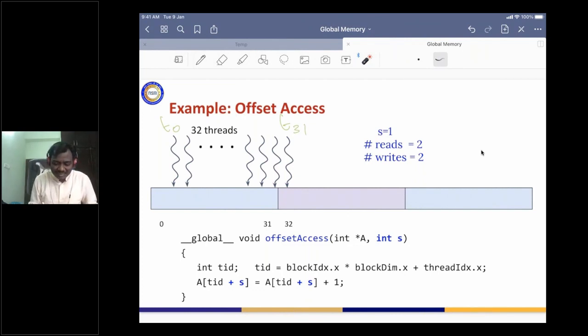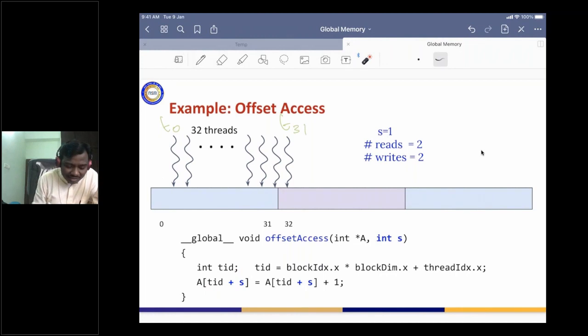Because s is equal to 1, T0 is not going to read from here. The TID value is 0 and the s value is 1. So what does it mean?